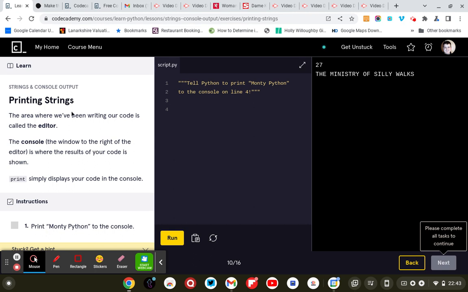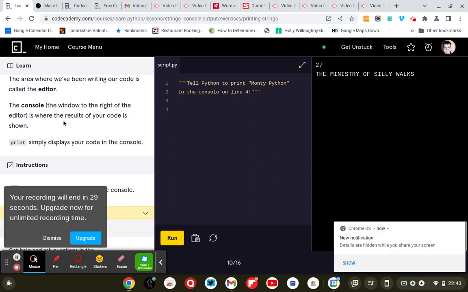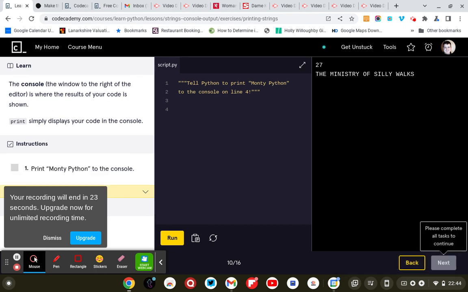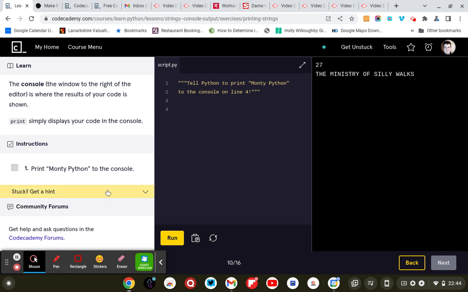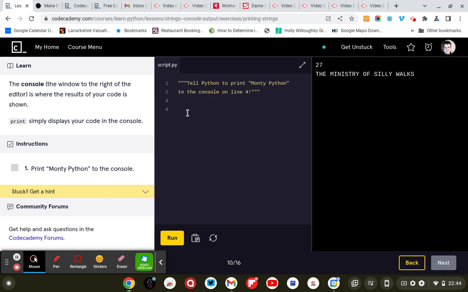Strings and console, printing strings. The area where we've been writing our code is called the editor. The console, the window to the right of the editor, is where the result of your code is shown. Print simply displays your code in the console. Print Monty Python to the console. Tell Python to print Monty Python to the console in line 4. So print